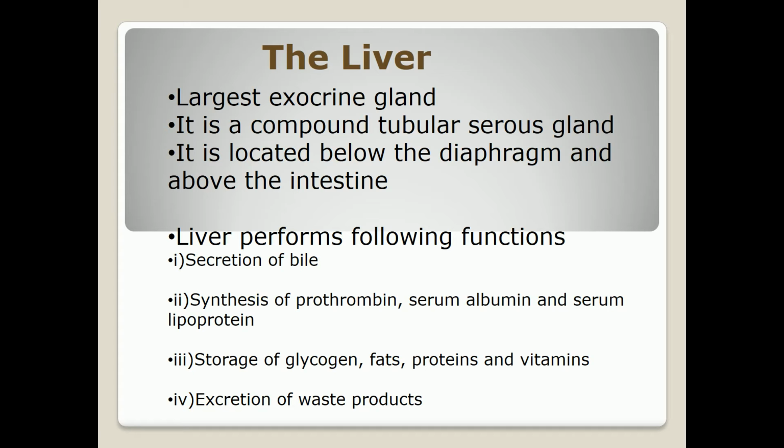Fourth, it is concerned with excretion of waste products, meaning bilirubin, which is released along with the bile. So the liver performs these diverse functions, but it has no group of cells cytologically specialized for the performance of one function or another, as in the pancreas. It also exhibits a number of structural features which differ from other glands. The liver is reddish brown in color and has several features which partly divide it into four lobes.